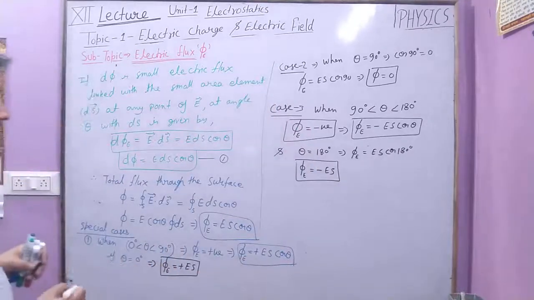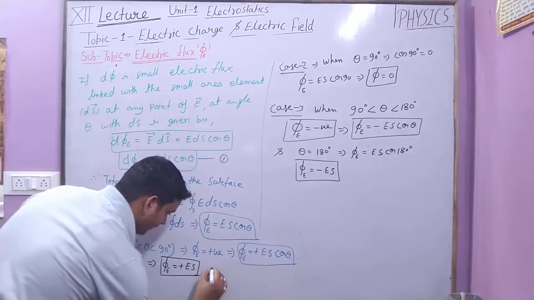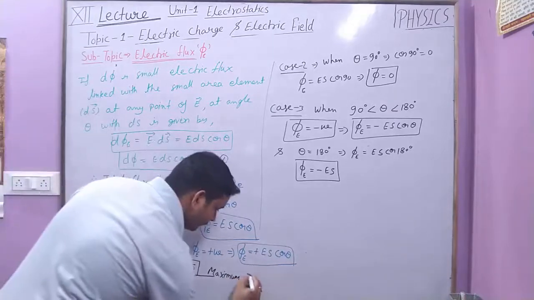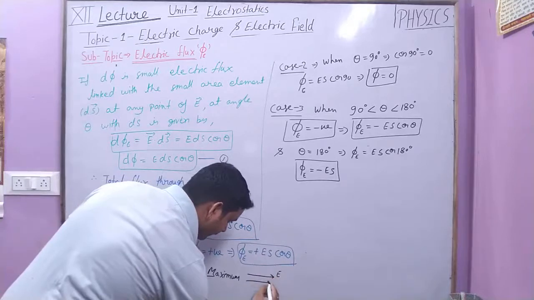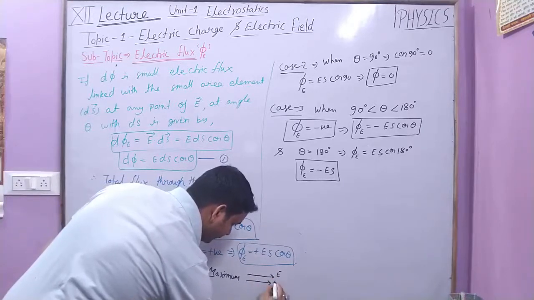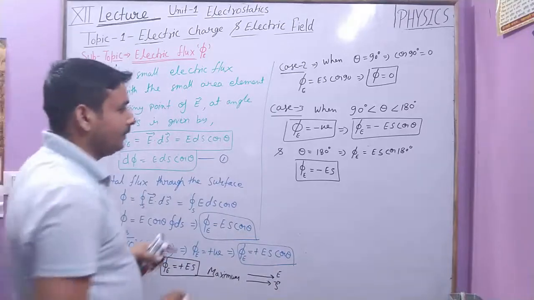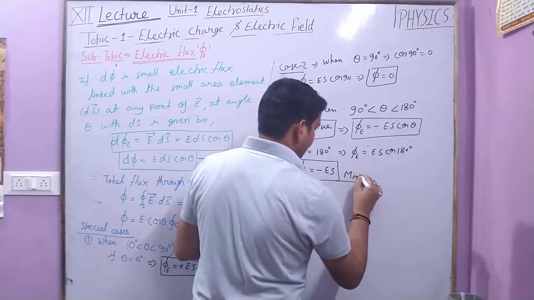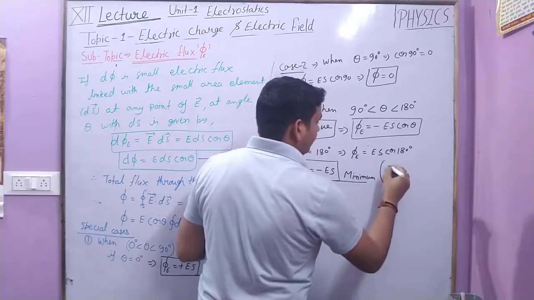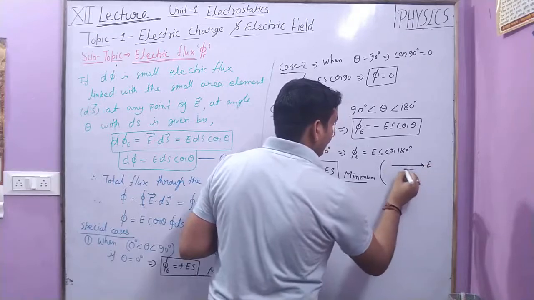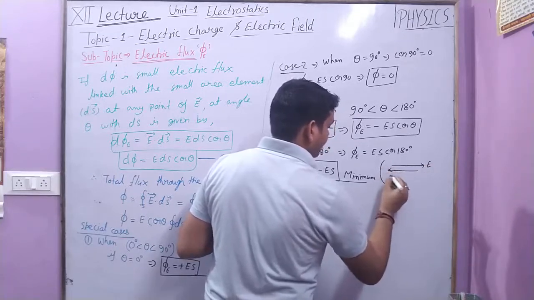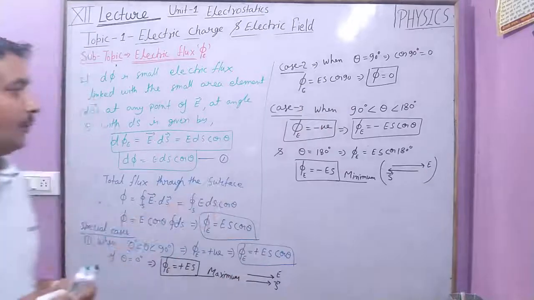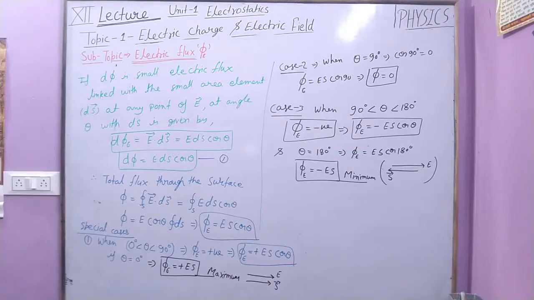Now students, you get here this value is maximum when electric field and area vector both are in the same direction, and for this case you will get the value of phi is minimum when electric field and area vector are parallel to each other but opposite in direction, which means in the anti-parallel case the value of electric flux is negative. Okay,